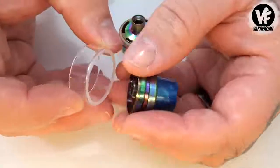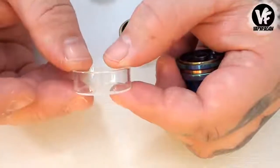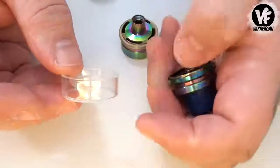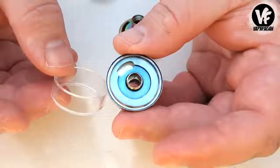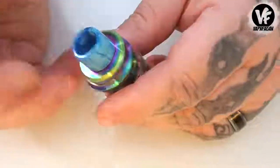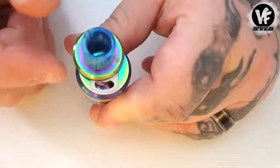The glass tank section also is available in color options. So you could purchase like a red one, a green one, a blue one, which is pretty nice. But overall, they did a really, really good job at building this. Also, if you ever end up damaging the top fill grommet right there, like I said, they do include an